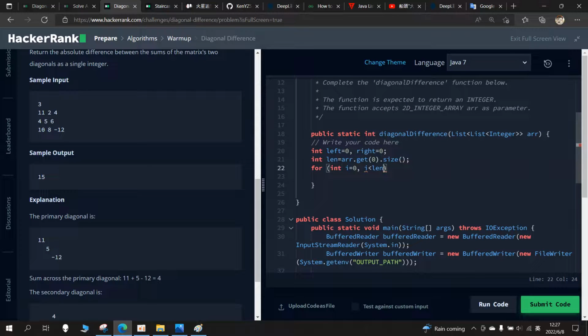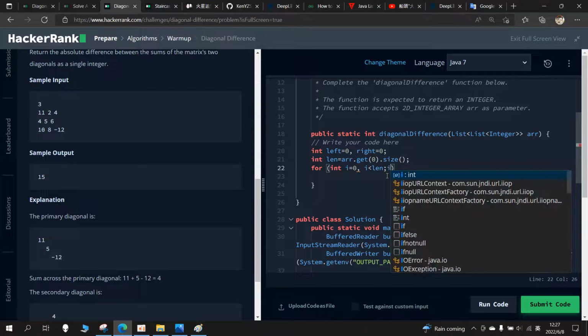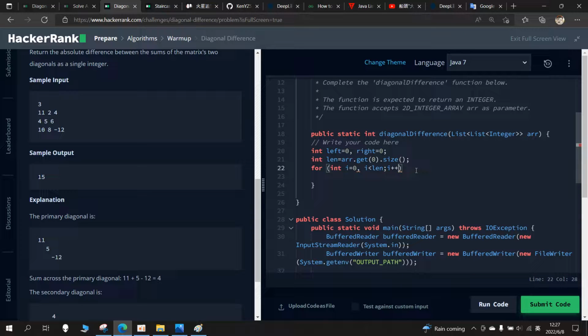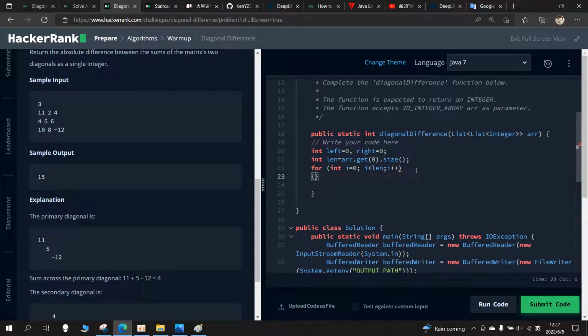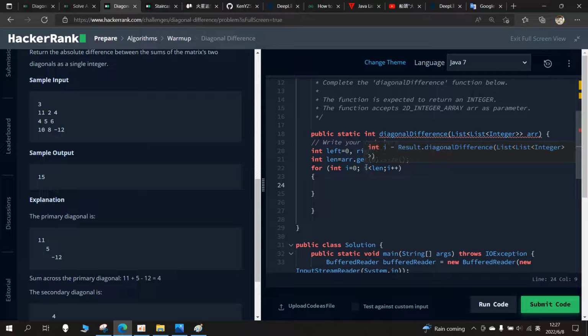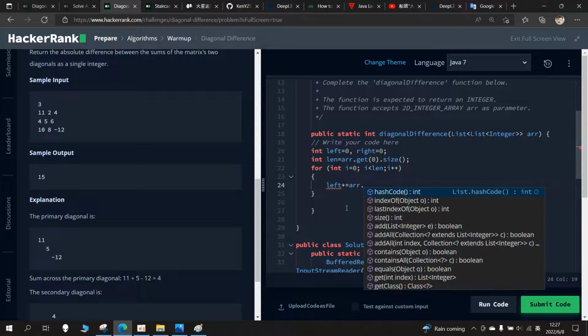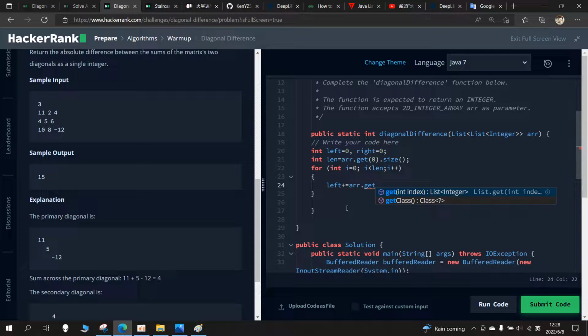And then i less than len, and here i plus plus. Here we need to use semicolons to separate, and here we write the body: left equals left plus